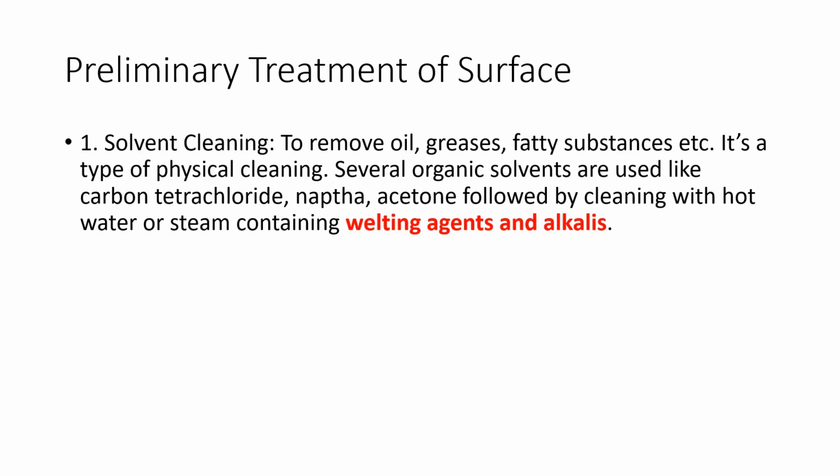And this is followed by cleaning with hot water or steam containing wetting agents and alkalis, whatever I have mentioned in this slide. I will briefly discuss these wetting agents, but let me finish this particular topic, that is solvent cleaning. So as a result, a metal surface readily wetted by aqueous solution is obtained, and this is particularly required in case of